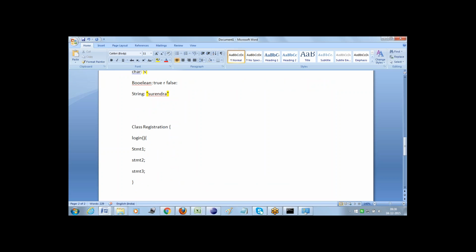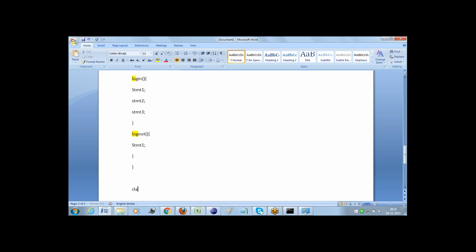Logout is another method which we are creating, wherein we define another statement. These two methods, login and logout, are defined under the class registration.